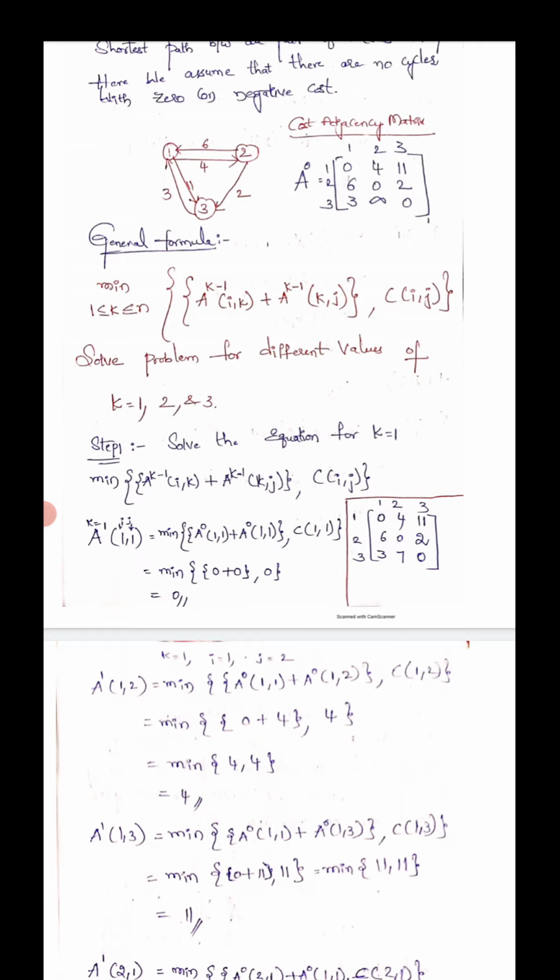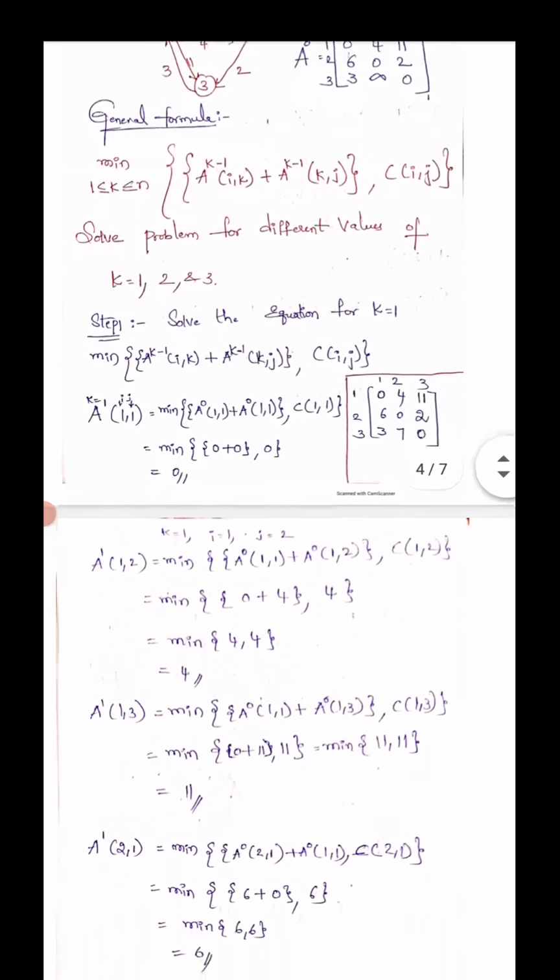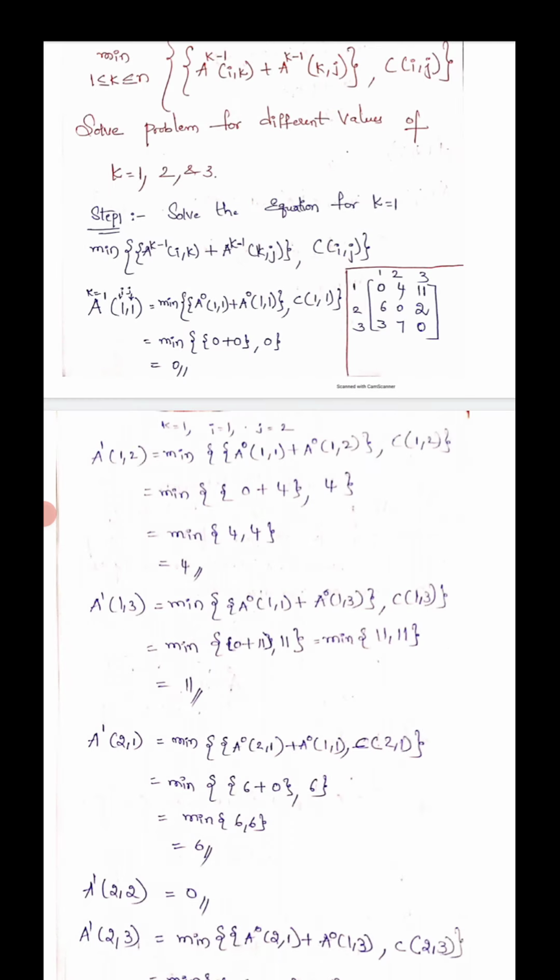Now if we write it down like this, here look at this side matrix, I will write here 0, A power 1 of 1 comma 1 is 0, A power 1 of 1 comma 2 will be 4, A power 1 of 1 comma 3 will be 11. Likewise we have to calculate this. First I want to explain A power 1, listen carefully. Now if we calculate A power 1, in the sense k is equal to 1, A power k, in the sense A power 1 of I comma j. Now if we calculate 2 comma 1, in the sense second row first column, okay, second row first column, 2 comma 1.